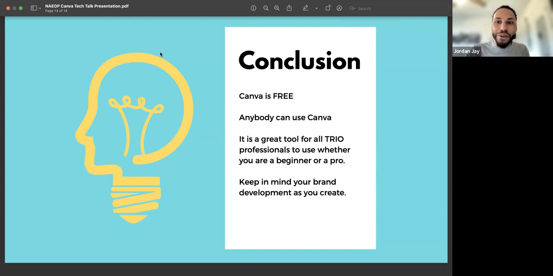As long as you have those core things down, like a consistent font, you don't want 4 or 5 different fonts on a post, and consistent colors. But that is definitely something I think a lot of people can relate to. Canva is such a creative medium that it can be tough not to spend an abundance of time on one project.